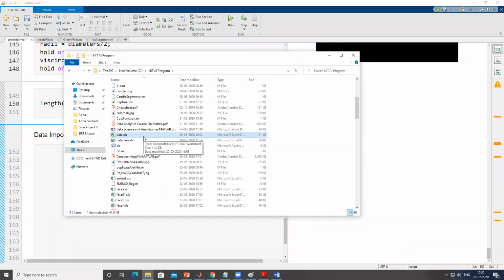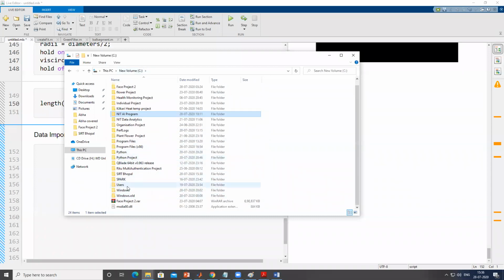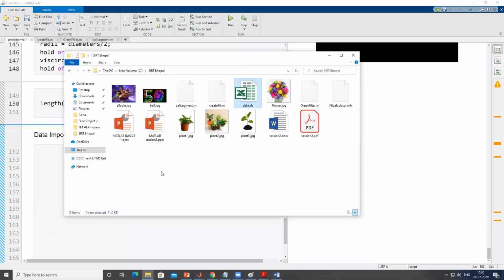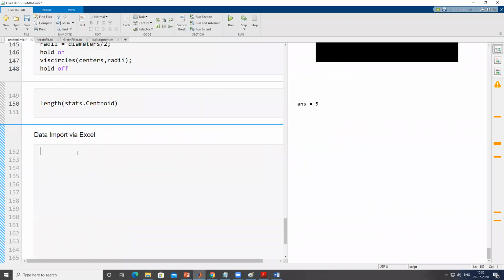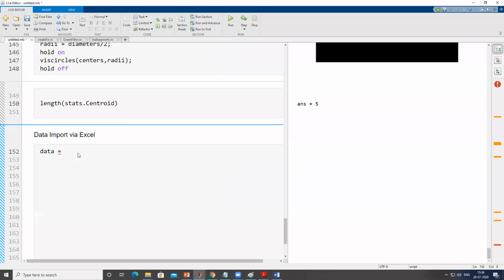Okay, there I'm having some data, Control C. And this data, I put it into my working directory. Okay. So how can we read the data from Excel? Say suppose I store the data into a data variable. I can read it using the xlsread command. This is the first method.